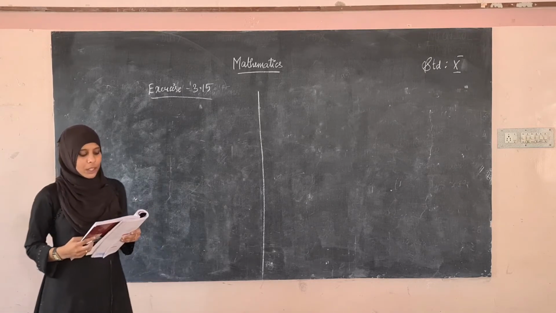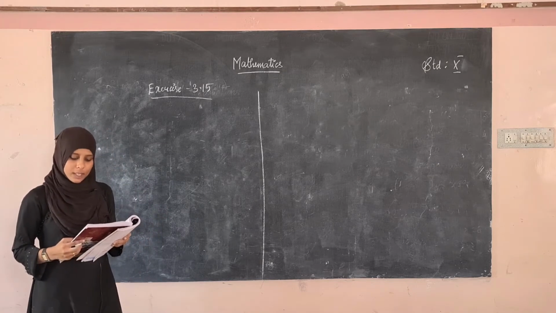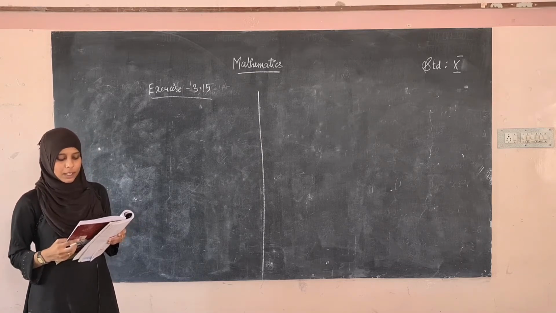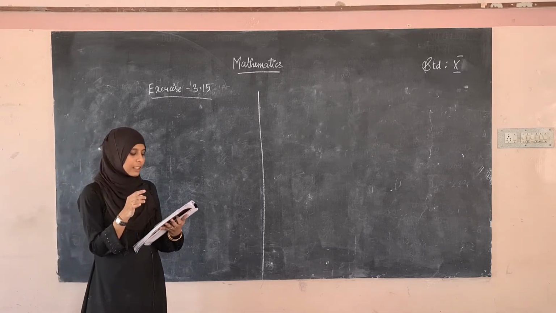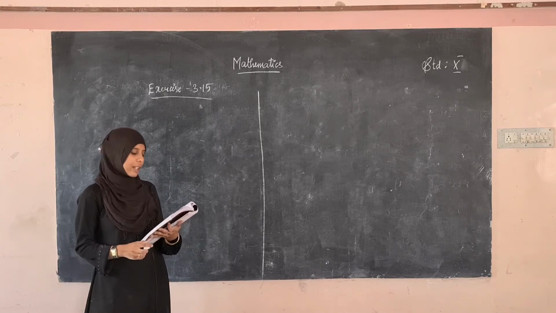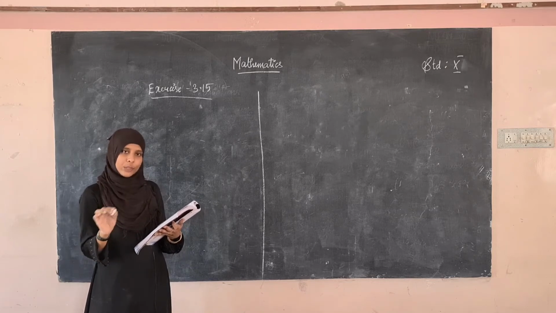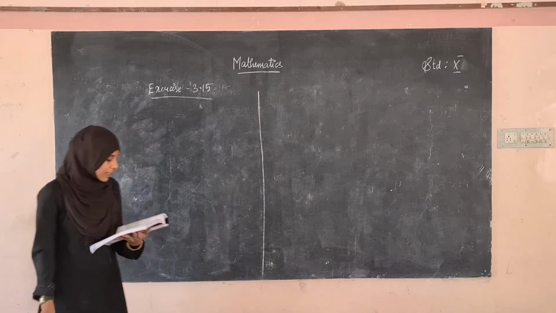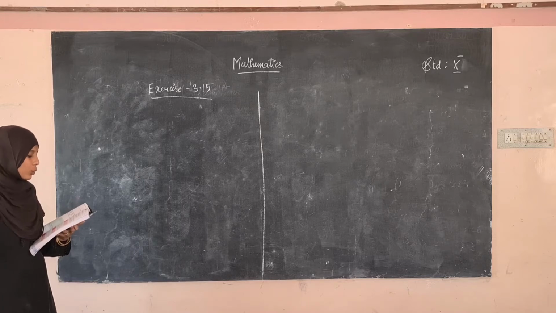A garment shop announces a flat, that is 50% discount on every purchase of items for their customers. Draw the graph for the relation between the market price and the discount and hence find. So see here, they didn't give the market price, so we don't need to draw the graph here. It is announcing a flat discount of 50% for everything the customers are purchasing in the garment. The first thing is the market price when a customer gets a discount of 3250.